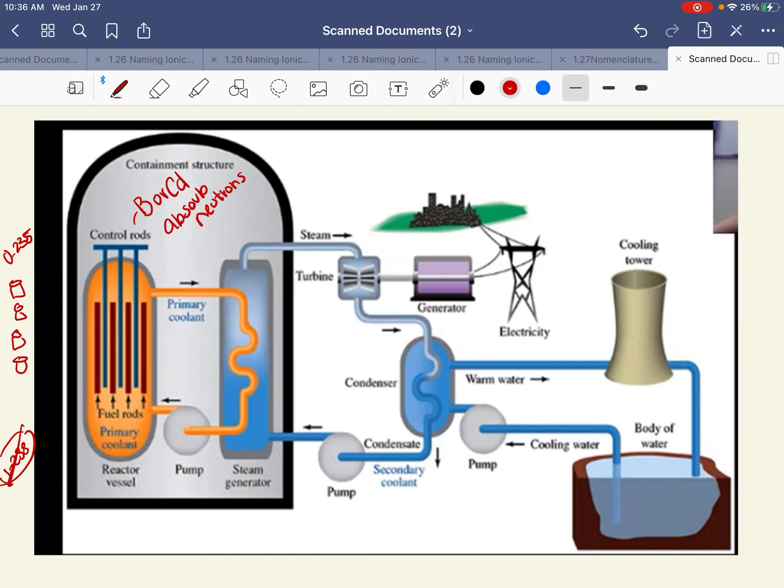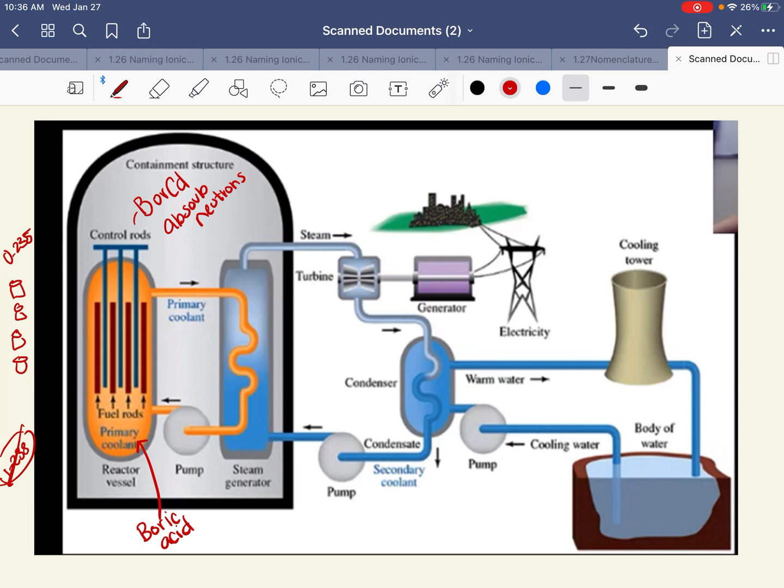So we have our fuel rods and our control rods. They are in what is called a fuel assembly. So that whole little oval there is your fuel assembly. And your primary coolant, I want to make sure that you do know this, your primary coolant is boric acid. So that is your primary coolant. Again, that primary coolant is able to absorb those neutrons, and it makes it a lot easier to be able